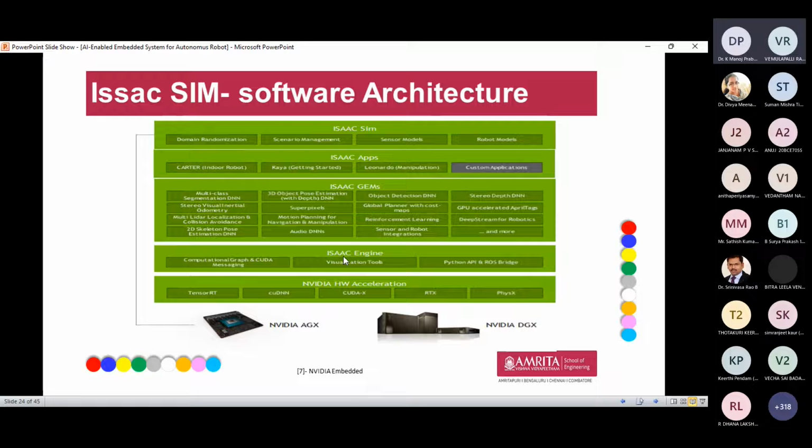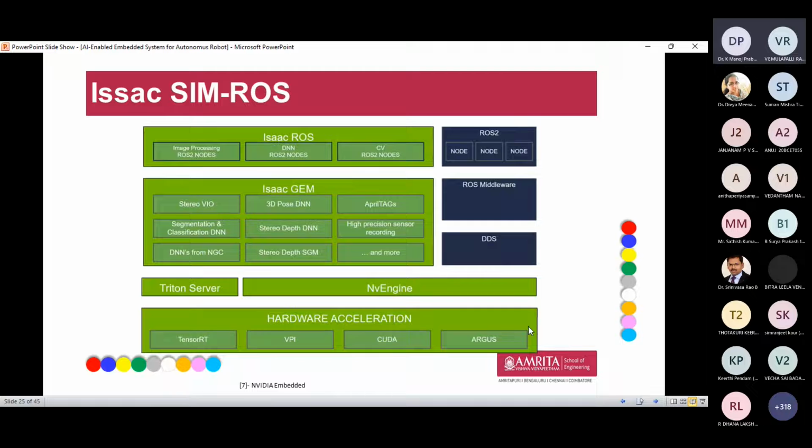So finally, this model can be implemented either on an NVIDIA AGX model or Orin model, or it can be AGX, TX, Xavier. And also you can implement these models on the NVIDIA DGX Station, that is a workstation processor. Okay, so this is the Isaac Sim architecture, and the same aspect applies to Isaac ROS. Here ROS can be both in the middleware and the main node. The data can be transferred from one node to another node, and it also has multiple node access. Everything comes under the Isaac node.